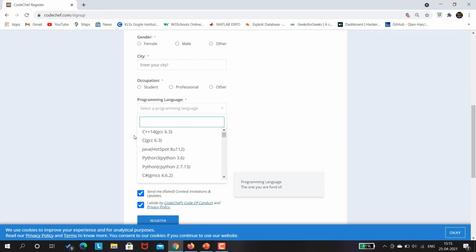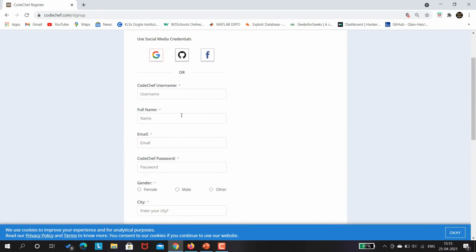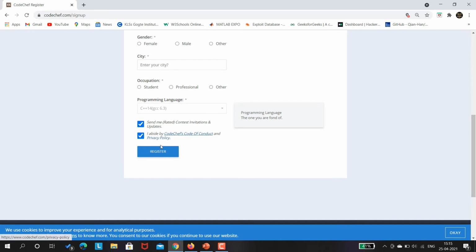Like whenever you want to participate in any contest which is hosted in CodeChef, it is not necessary that you need to use the same language which you have selected here. So just for creation of your account, for now you can select any language of your choice and then proceed with the registration. So once you have entered all the details correctly, CodeChef will give you an option to register. So you just have to click on this option, that is register.